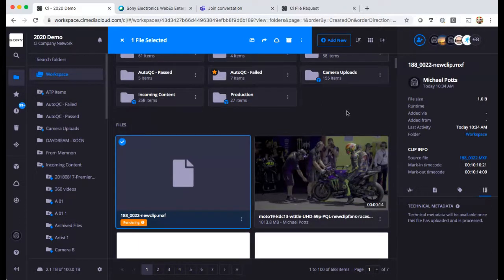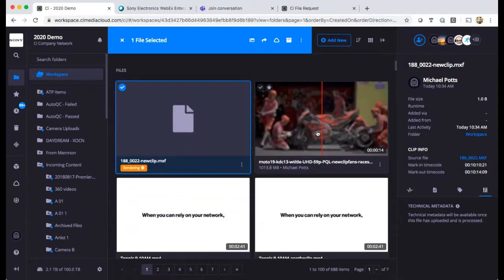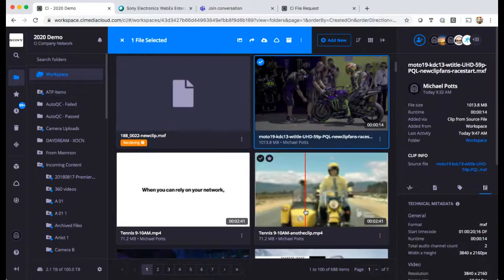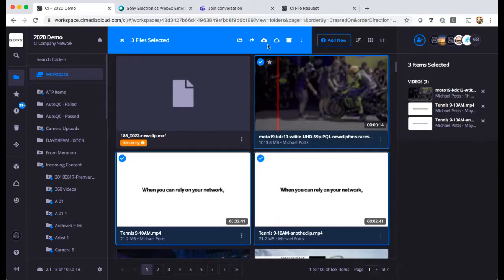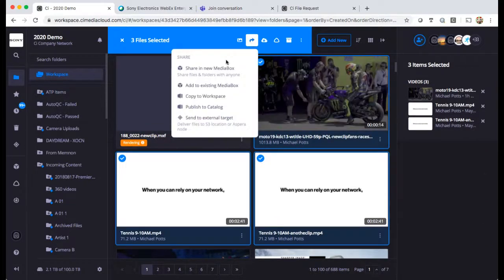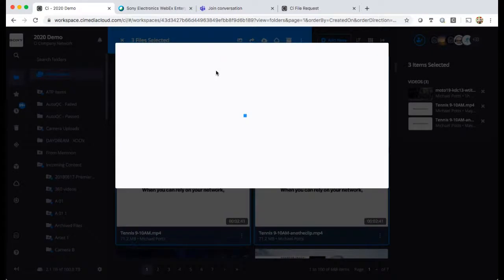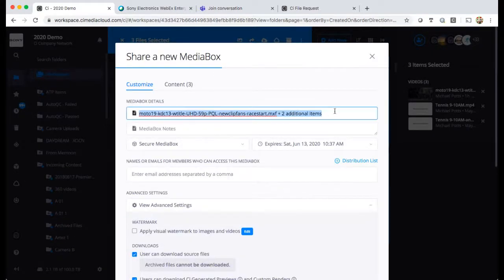So trimming that content down with a clip can save you a lot of time of pulling down only the content you want, sharing only the content you want to share out, and you being the determiner of that and curating that content to share out. So sharing content out is a very popular feature in C. So here I'll take a few files and share them out with what we call our media boxes. So here I can put in a write-up and say, share this content